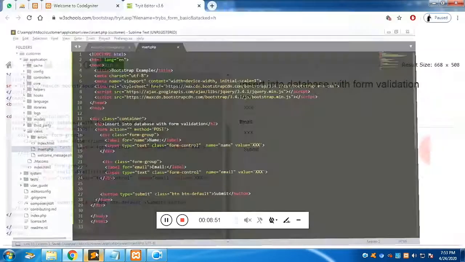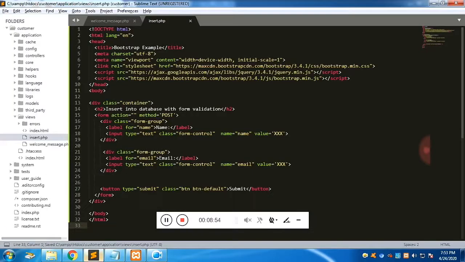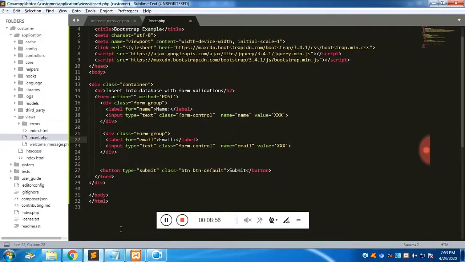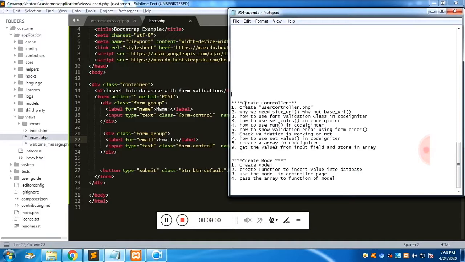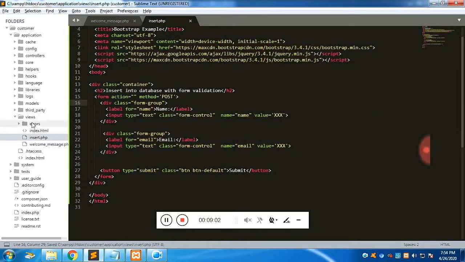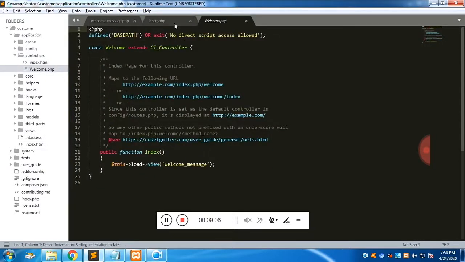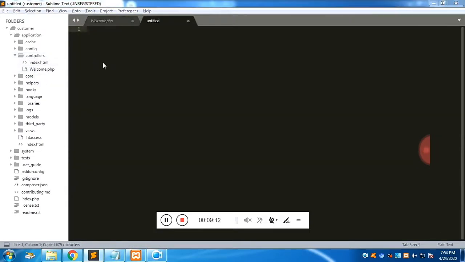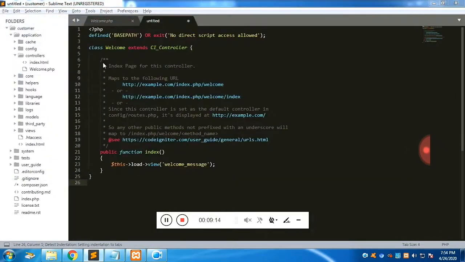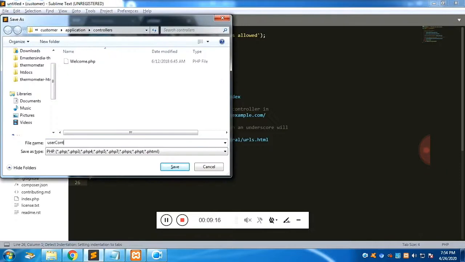Now what we are going to do is, let's follow the steps. Now we are going to create a controller. This controller will show the coordinator where the page is. The work of the controller is just to show where the page is. Create a controller in the controllers folder. Let's name it user controller.php.